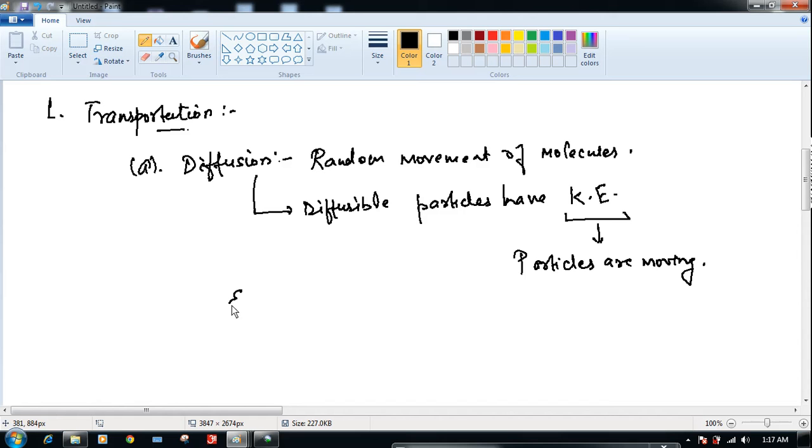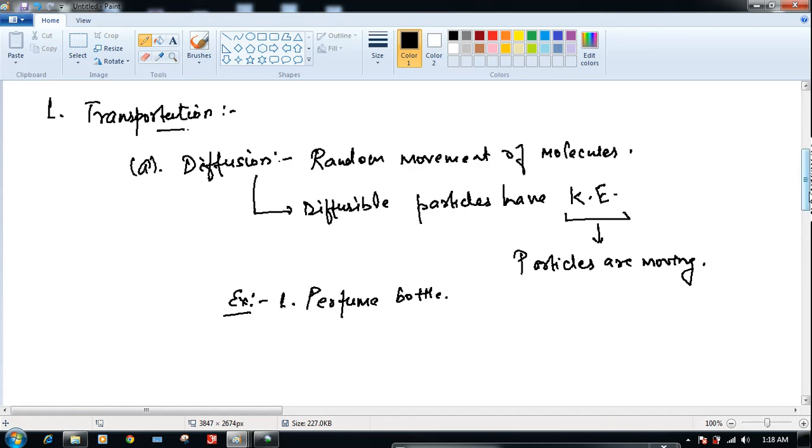Like, example we can take, suppose you have taken a perfume bottle. So in that perfume, the gas concentration, or we can say the molecule concentration is more there, and they have high kinetic energy. So when we press the knob, all the perfume gets diffused in the room, because here the particles are moving from high concentration to the low concentration. So first example is your perfume bottle,